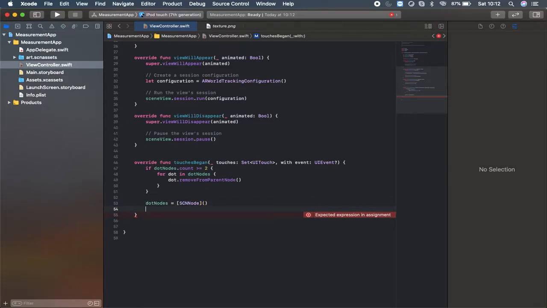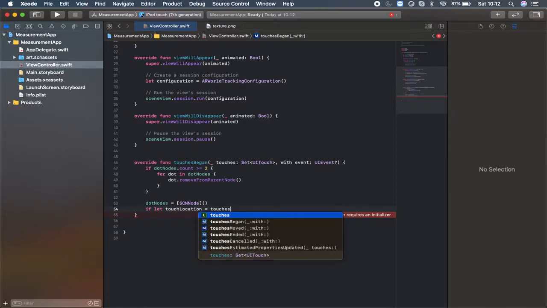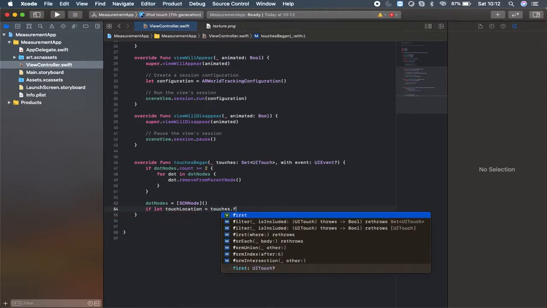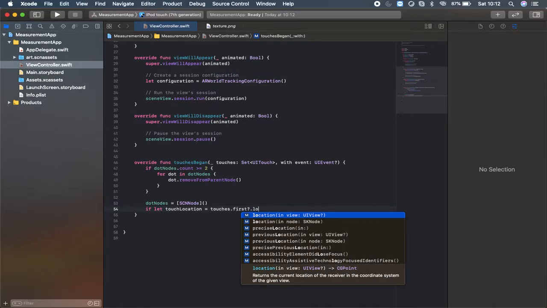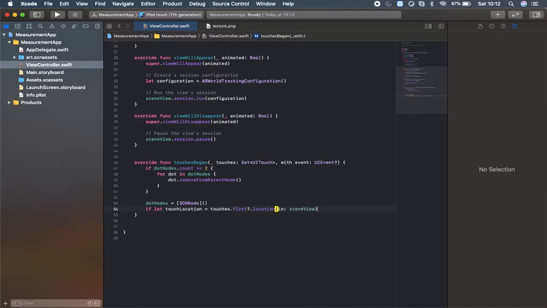and I'm going to write here if let touches began will be equal to, let's say touch location will be equal to touches dot first dot location in the, actually we are using here the scene view, so let's say scene view, and if that's so,